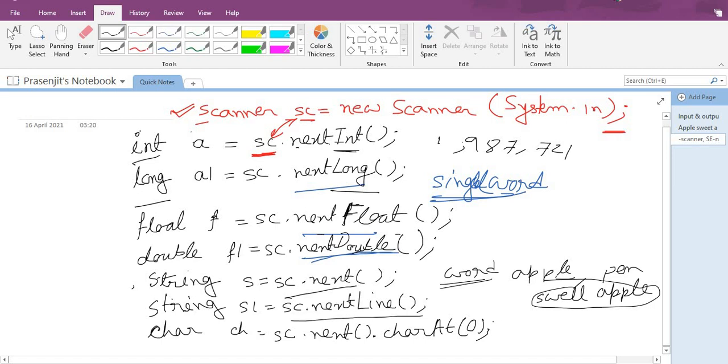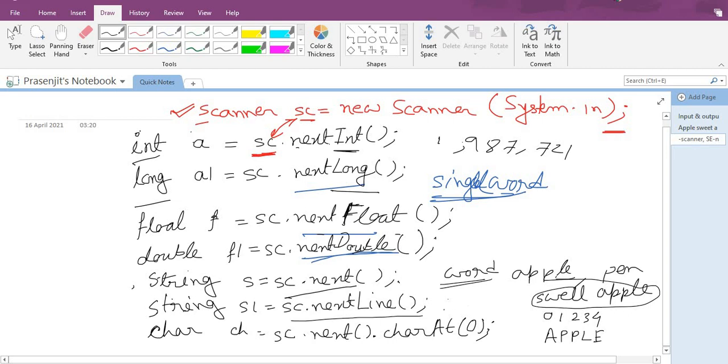So if I write apple, you can see the string's first position is 0, then position 1, 2, 3, 4. We want to know that the first position is our letter which I want to store, so you can see the first position is indicated by 0.